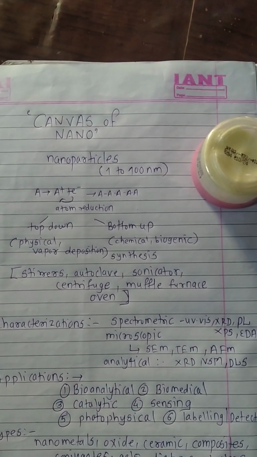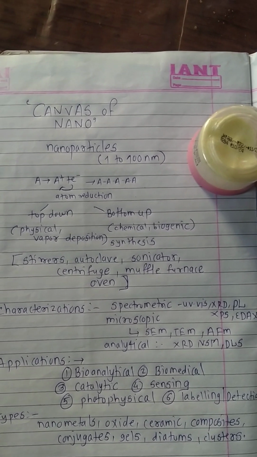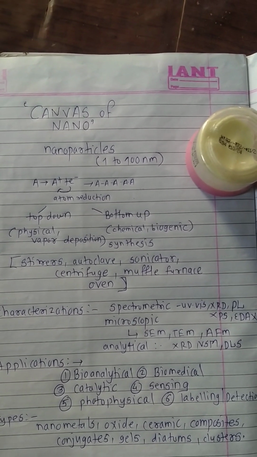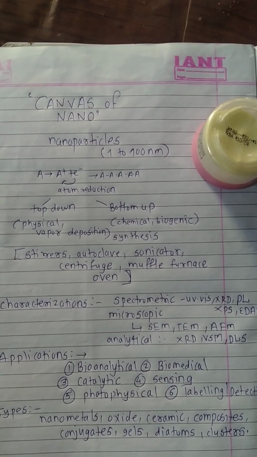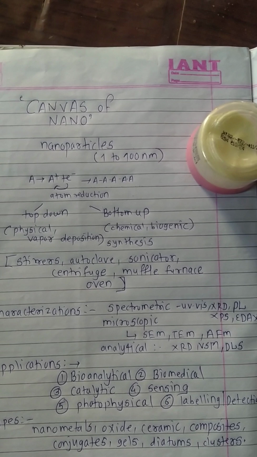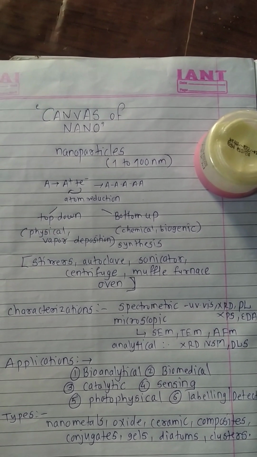Then microscopic analysis is performed like scanning electron microscopy, transmission electron microscopy, atomic force microscopy, AFM to determine the morphologies, shapes and sizes of the materials. Analytical techniques like XRD, VSM, vibrating sample magnetometry, and dynamic light scattering are used to study the nanoparticles